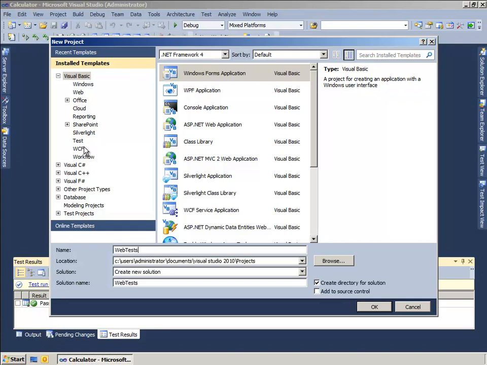And what we are doing now, we are creating another project which will be a load test for a web application. So for example, and this is perhaps the next degree of complexity,